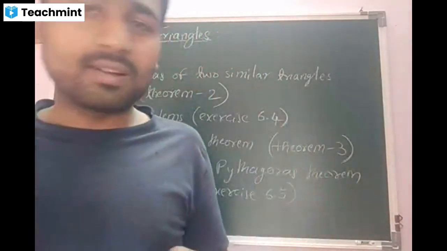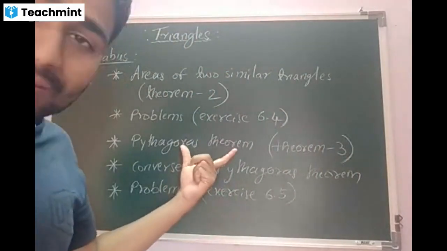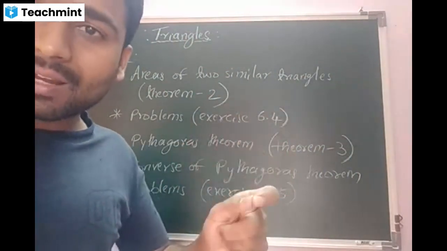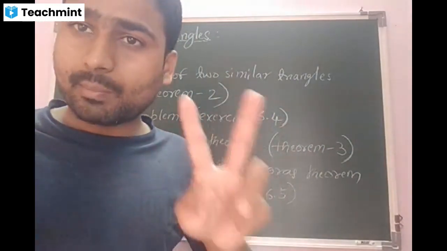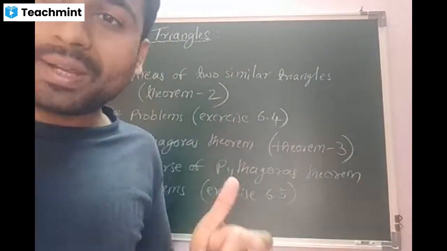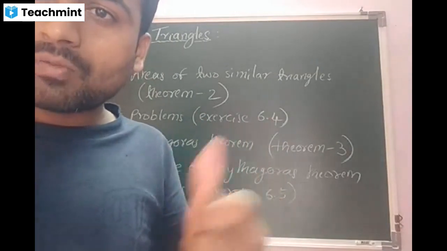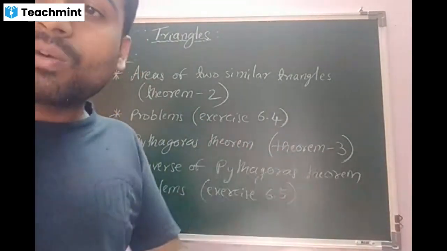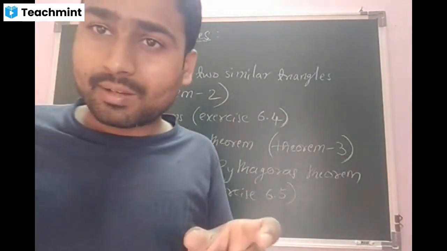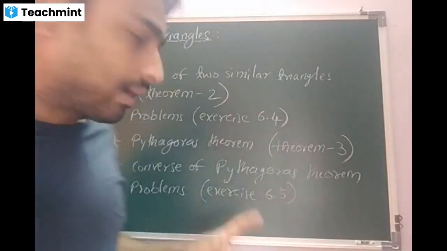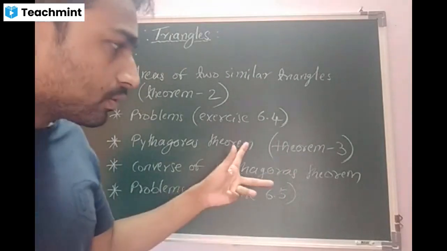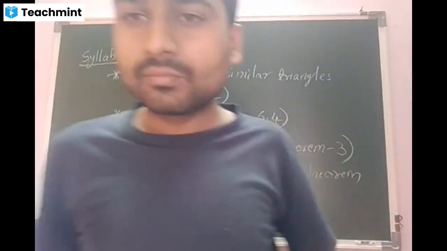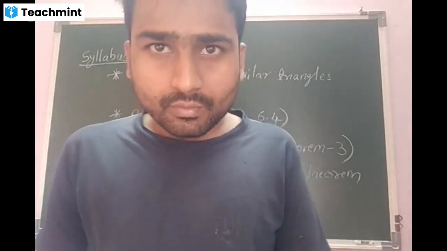Okay, what is a new thing? You have to derive whatever the statement you are knowing. The square on the hypotenuse of a right angle triangle is equal to the sum of the squares on the remaining two sides. You need to prove it using the logical steps of mathematics. That is what you have to do. Then the converse, the reverse of the Pythagoras statement, is what? That you have to learn. And finally, you have to solve the problems based on these aspects. Is it clear to everyone, beta?